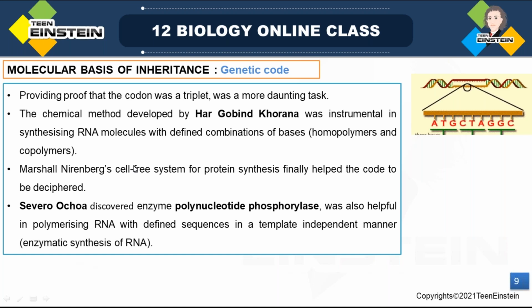Then Marshall Nirenberg. His cell-free system for protein synthesis helped in the deciphering of the genetic code. The cell-free system for protein synthesis helped in the deciphering of the genetic code. And another scientist,